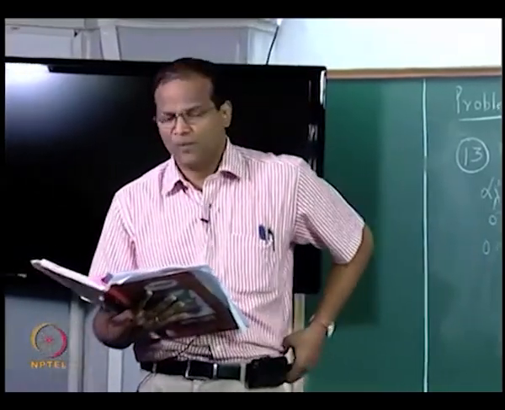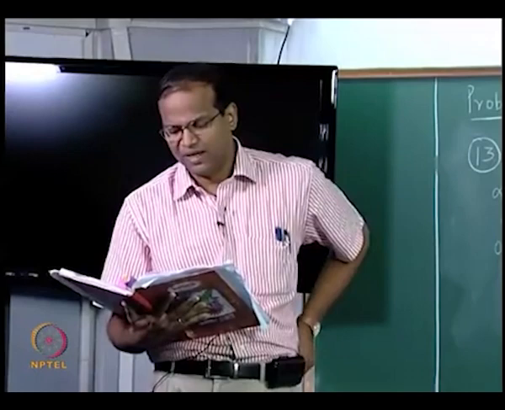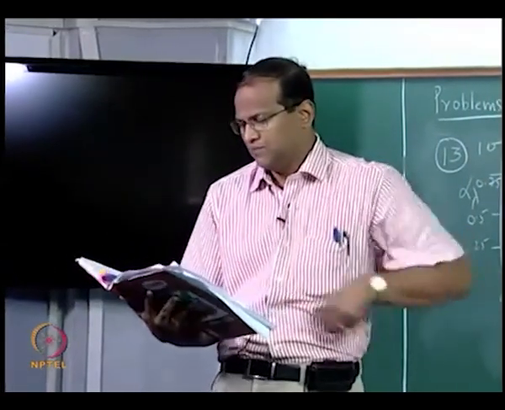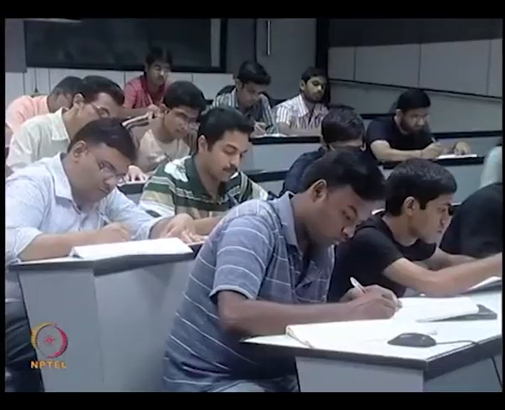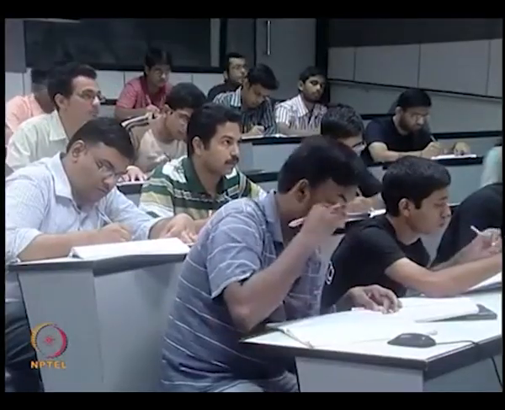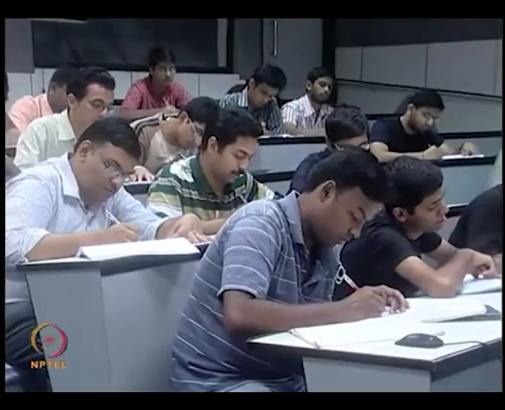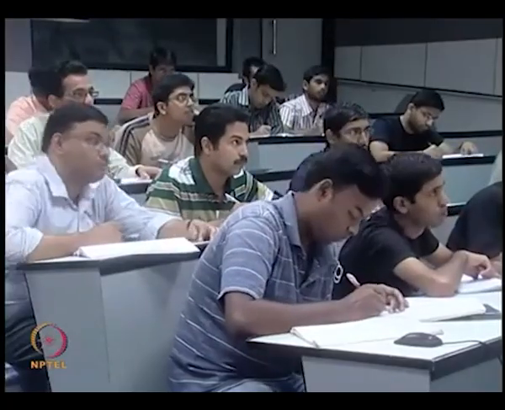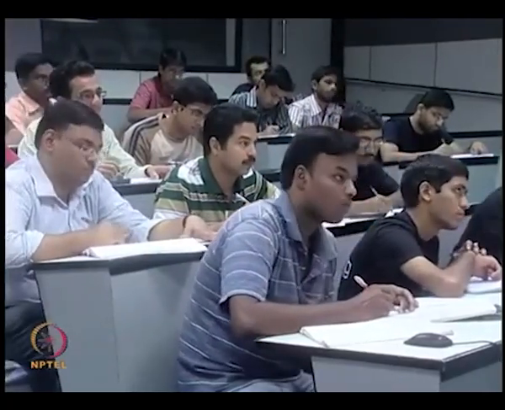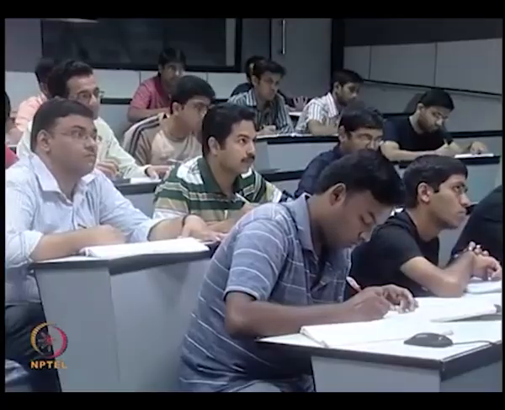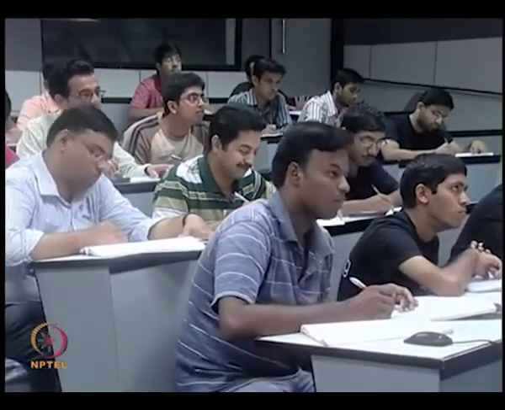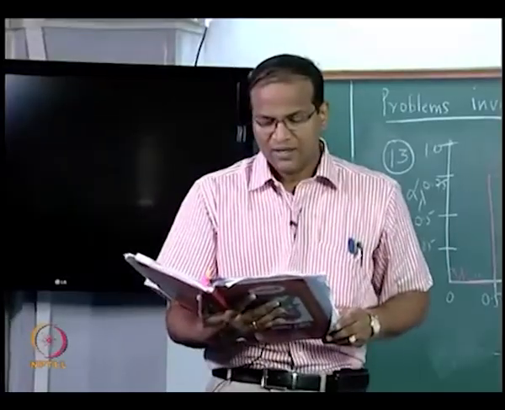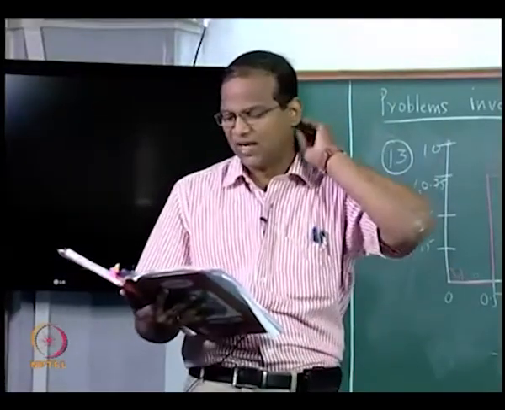Problem number 13, an opaque surface 1.5 by 1.5 meter is maintained at 120 degree C. I am deliberately giving C so that you will convert to Kelvin and you will not make such a mistake. In my problem I have in Kelvin, I am simply changing. So, an opaque surface 1.5 by 1.5 meter is maintained at 120 degree C and is simultaneously exposed to solar radiation,